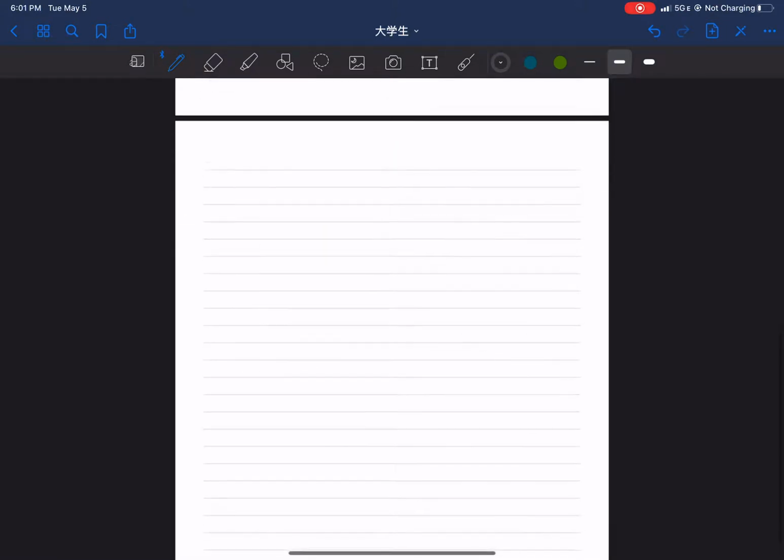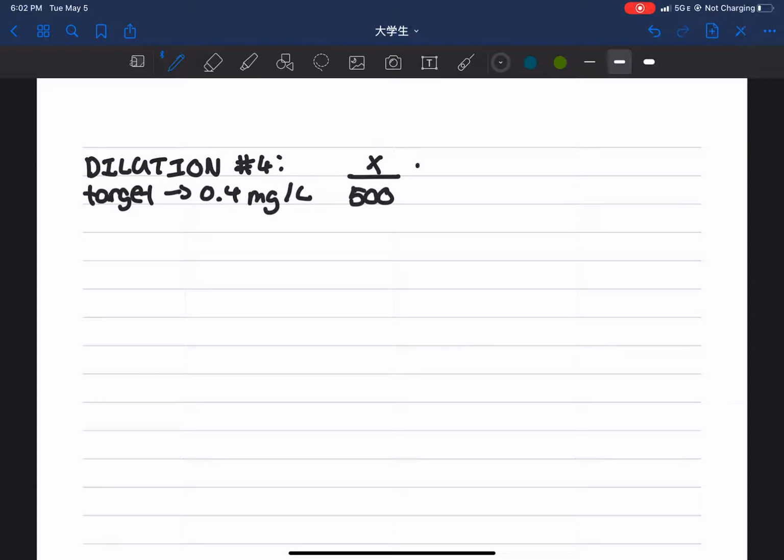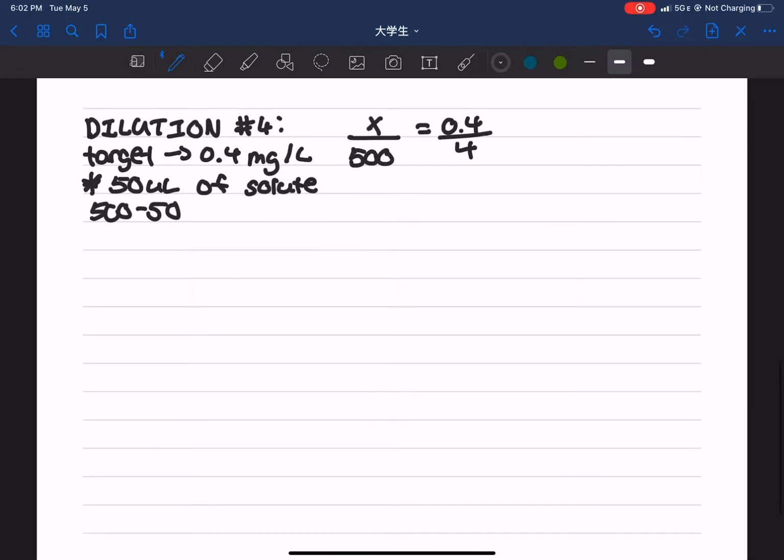And then finally, for our fourth dilution to reach our ideal target of 0.4 milligrams per liter. Let's see, 0.4 milligrams per liter. We're going to do our proportion once again, over 4. And again, that's going to be 50 microliters of solute. 500 minus 50 equals 450 microliters of water. You have now successfully diluted your solution from an 800 milligram per liter stock solution to the ideal concentration of 0.4 milligrams per liter,